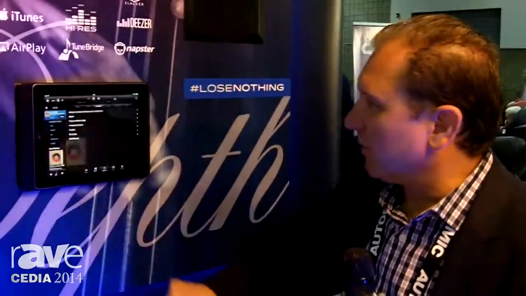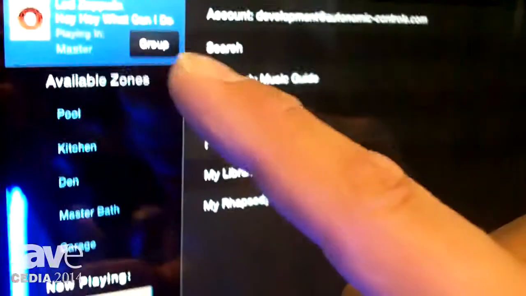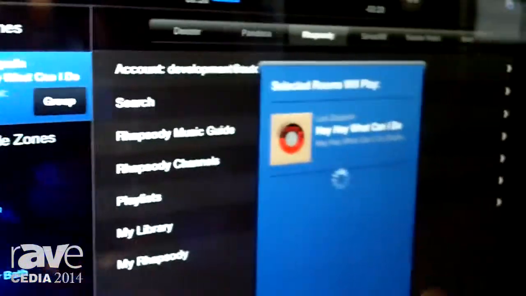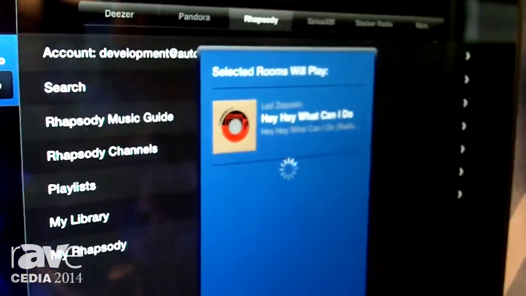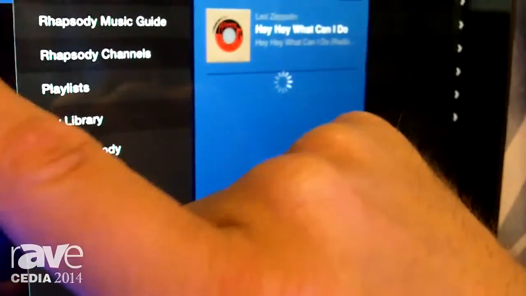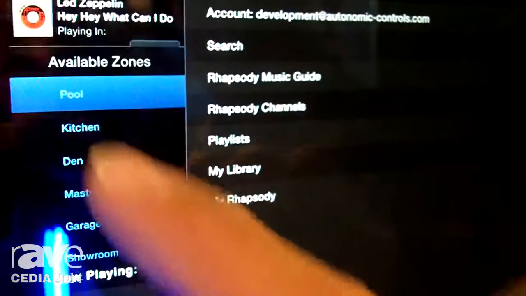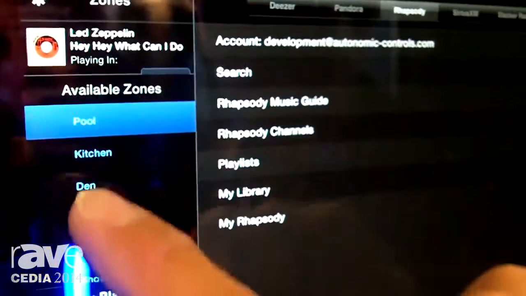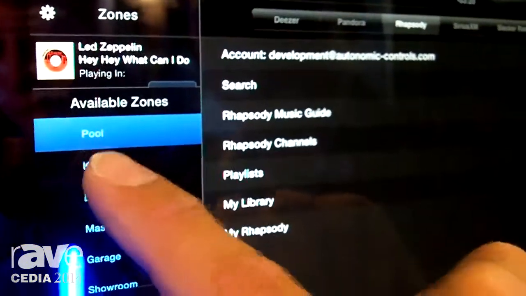Real quickly, I'll just jump back to groups and how we do zone grouping. We take the guesswork out of it with auto source select. So I can hit my groups, and I can simply add other groups as they come up, or add other zones and fire off new zones, kitchen,